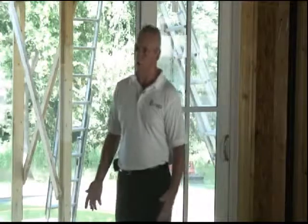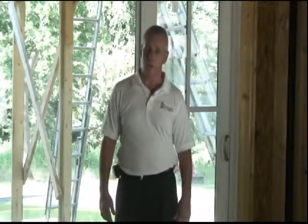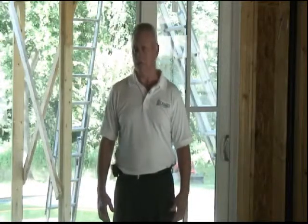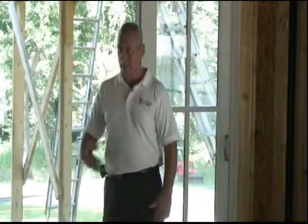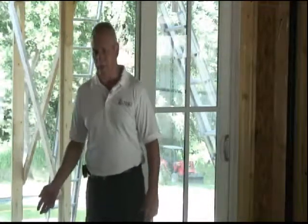This particular home that we're in today is a 100-year-old plus home that is in the process of being renovated. There's an architect involved. The architect was very influential in painting a picture for the homeowner of what it is they wanted to do with his existing home. The owner had very specific ideas and thoughts about the process, but the long and short of it was that